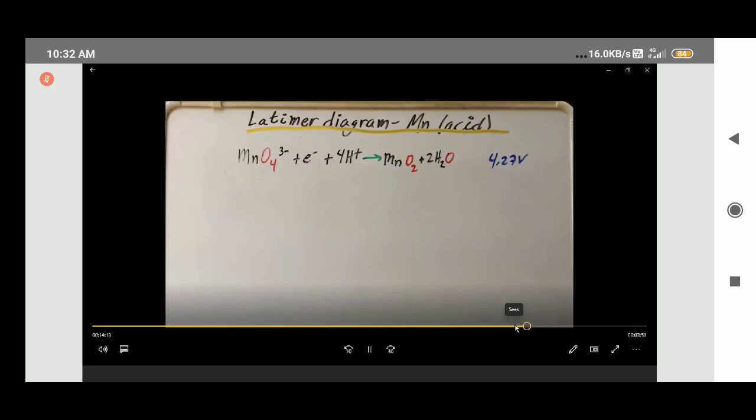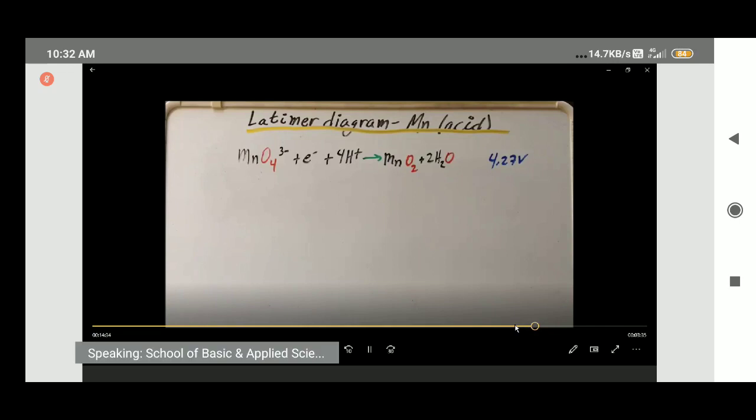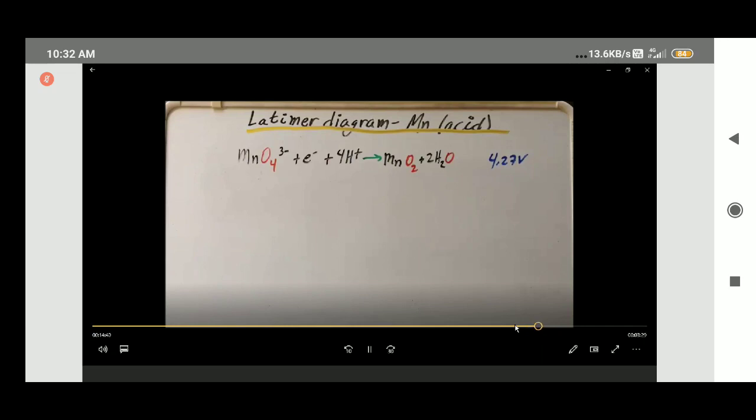Now we're going to look at the disproportionation of hypomanganate in a 6 solution. Disproportionation is the simultaneous oxidation and reduction of a species. And we can recognize it in the Latimer diagram by the fact that the number on the arrow going right is more positive than the number on the arrow coming into the species.